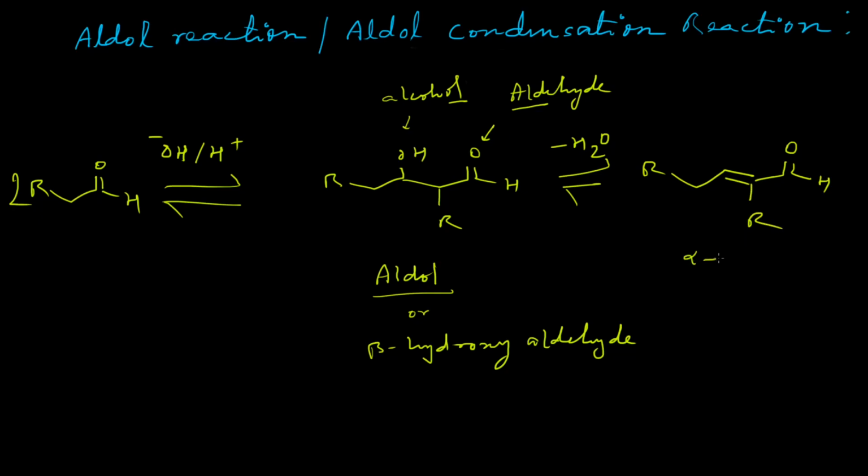The key factor for the aldol reaction is the presence of alpha hydrogen atoms in the aldehydes which are subjected to this reaction. The aldehyde must contain an alpha hydrogen atom, otherwise the Cannizzaro reaction will occur. No aldol reaction will occur, right? Because it involves the formation of an enolate first, and then the reaction proceeds by a nucleophilic attack of this enolate anion onto the carbonyl center. All these things we will discuss in the mechanism section. Right now I am giving a very brief idea of the aldol reaction.